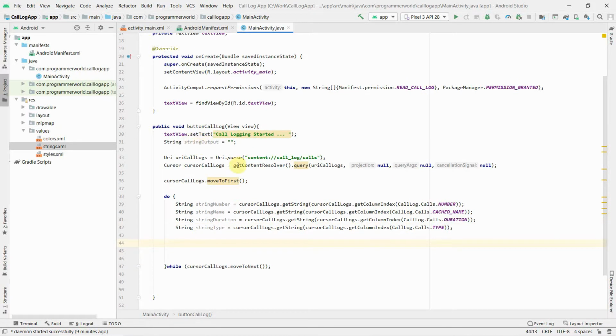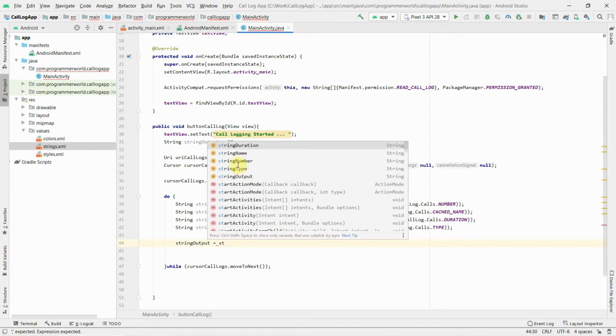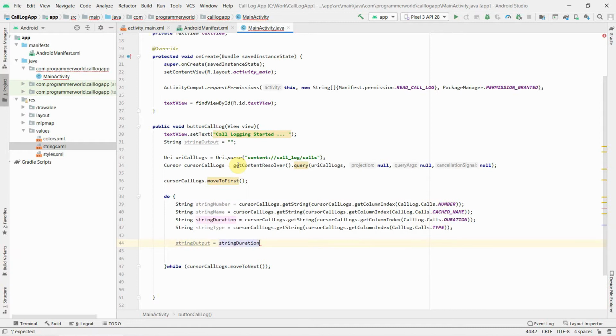So now we have local variables here for each type, and then we can use these to form our complete output string, which is nothing but string, no, sorry for that, output. And since we will be adding the things to the previous one, we'll probably add, and the first argument is number. By the way, you got your output here, and now you can use it wherever you want to use it. But what I will show is I'll just quickly form an output string and then display it in this text view.